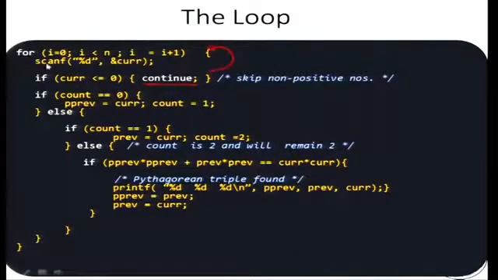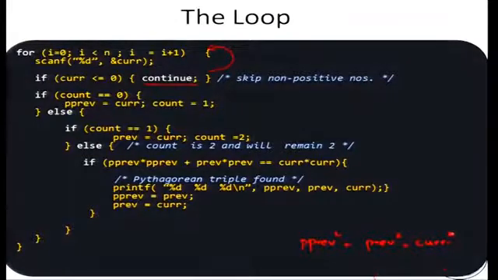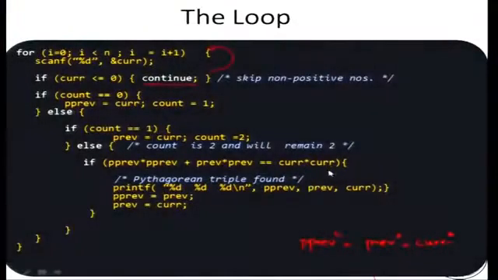Now I have also a third number in the current. Okay, so you have previous to previous, you have previous, and you have current, right? So these are the three numbers that you have. So what you have to check is whether previous to previous squared plus previous squared equal to current squared. Okay. So that is what we will check. We will check whether previous to previous squared plus previous squared is equal to current squared. If that is true, then you have found the Pythagorean triple.